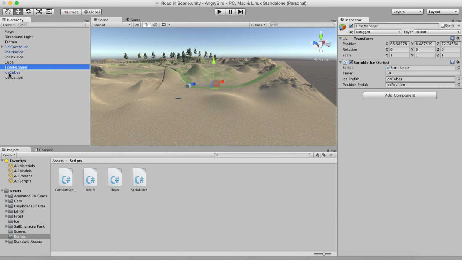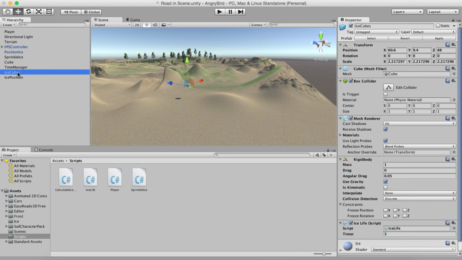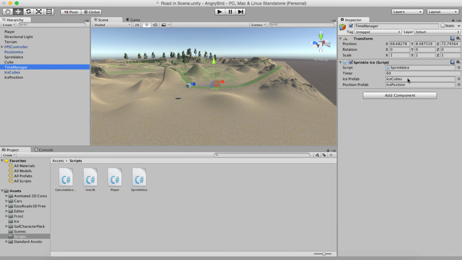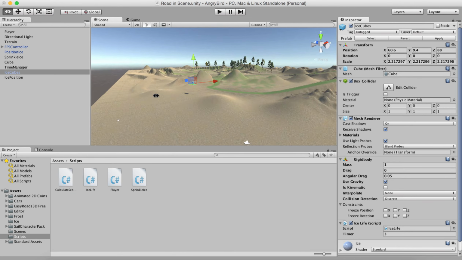But the ice cube also has the script. All the new instances have the script with them, so all of them will destroy in 3 seconds, including the original one. So the original one is also destroyed, so there is no way it will know which one to create, because the original one is destroyed. So what we want to do is we don't want to destroy the original one, so we will preserve it. So what we will do,